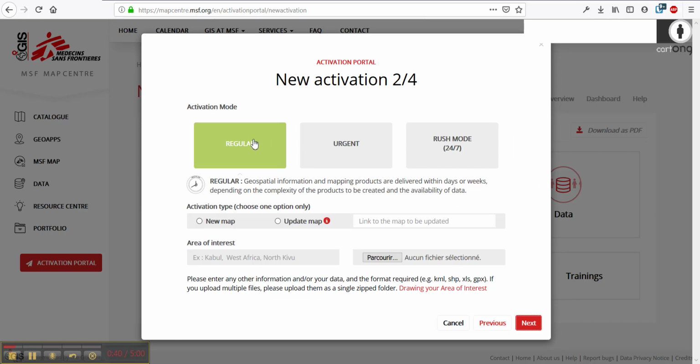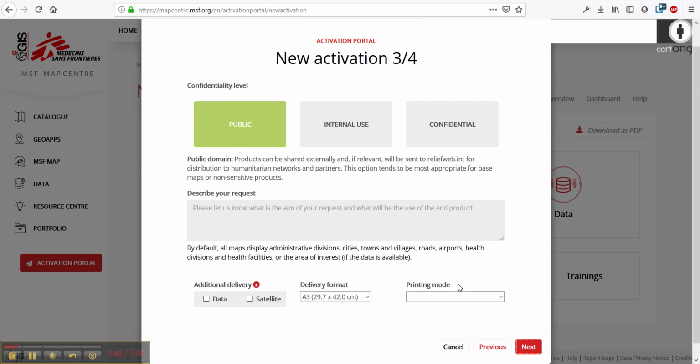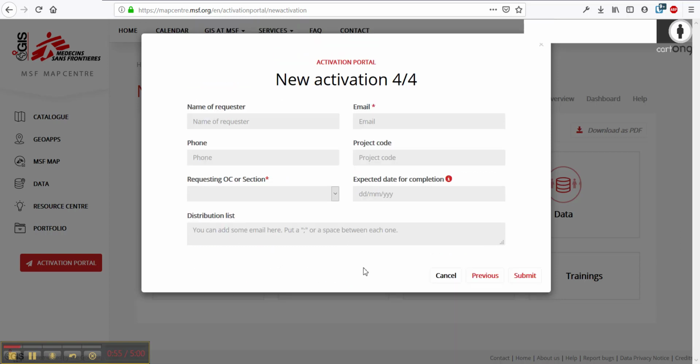That will include the priority level of the request: regular, urgent, or rush mode; information about its area of interest and location; a few details about the delivery format and conditions; information about the requester; and potentially the distribution list of people you would like to be informed of the request to ensure proper follow-up and delivery.